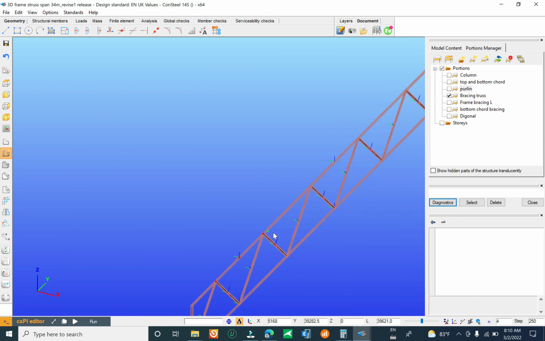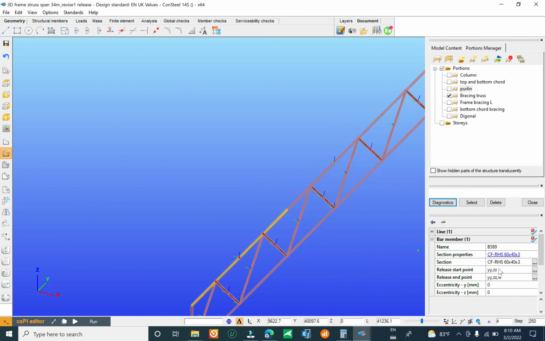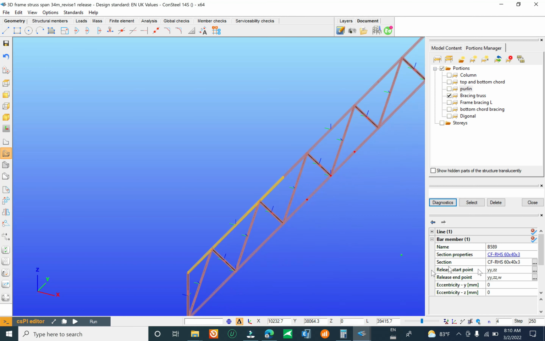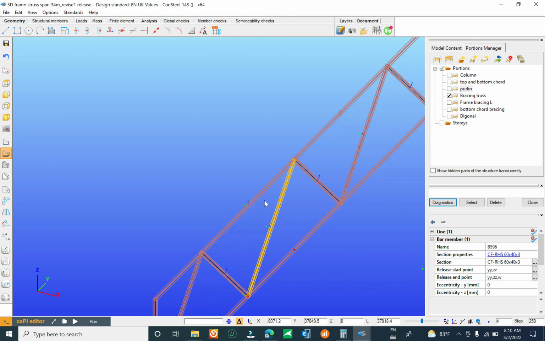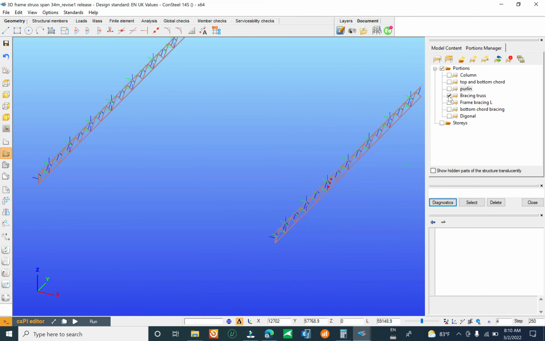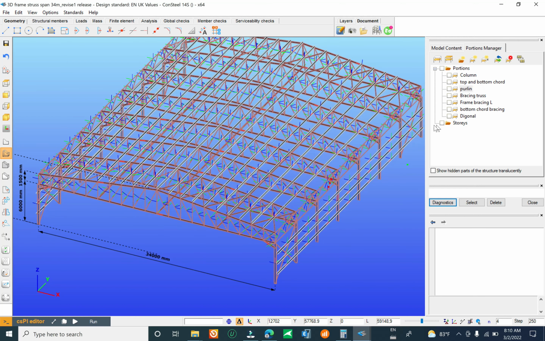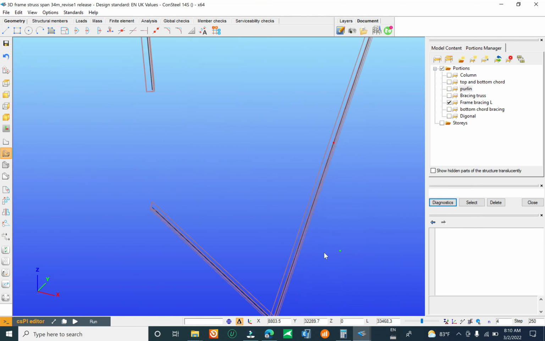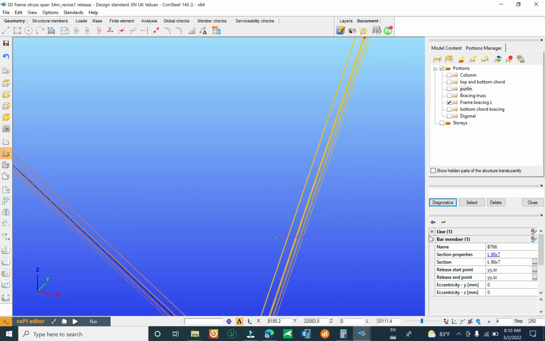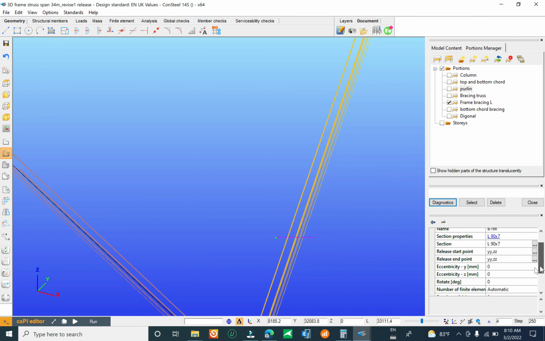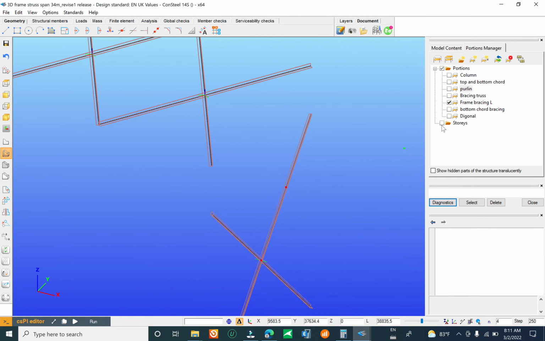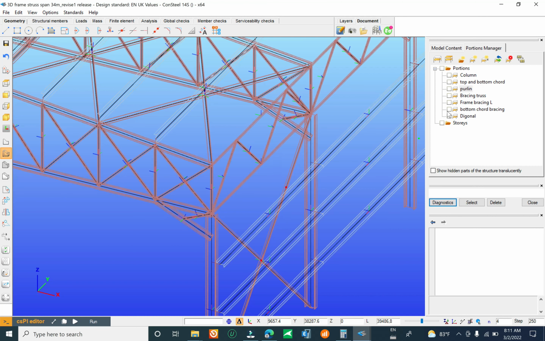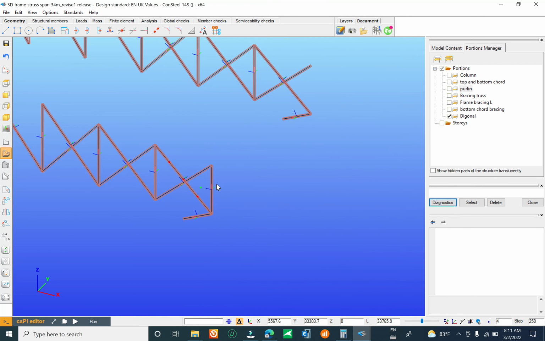Okay, you can check here for the bracing. We release it to make it a truss structure. Okay, and this is the same, and we also release the torsion in one direction. And for the L section, you see here it is an L section, and we release both directions. Okay, it is a pin connection now. And for the diagonal,